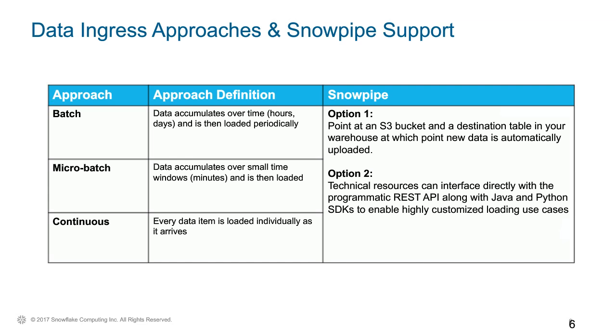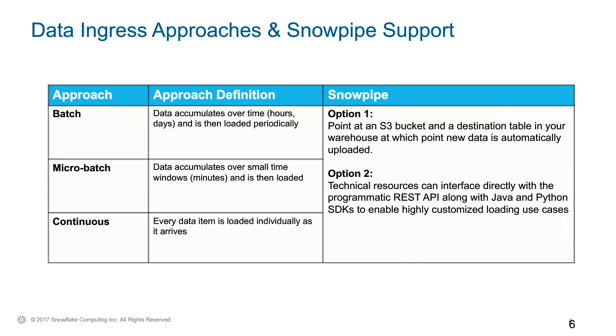But at a very high level, the first option is that you point Snowpipe to a bucket in AWS S3, and you define event notifications on your S3 bucket, and let these event notifications be sent to Snowflake. As soon as new files land in that S3 bucket, those files are automatically picked up by Snowpipe and loaded into your target tables. That's the first option, and I'll show that in the demo. It's a completely configuration-based experience.